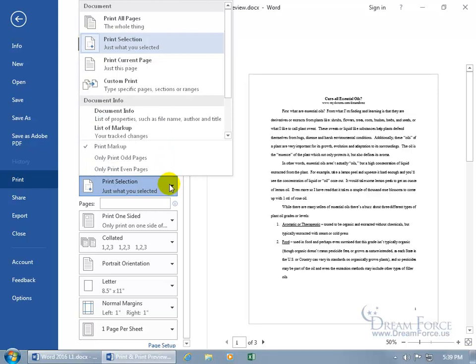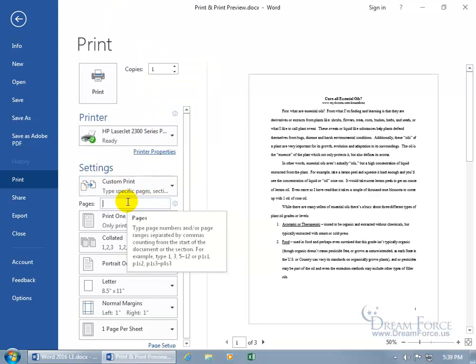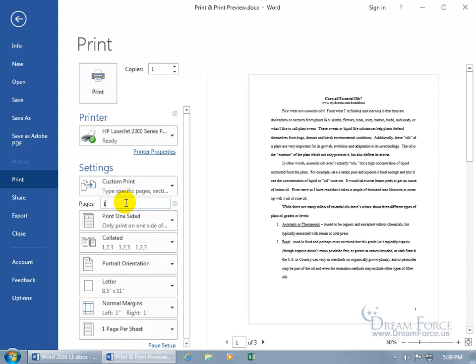And we can go ahead and click and do a custom print if I want to get a specific page, range, or sections. When I choose that, it dumps me right down into the page box here. And when you hover over it, it gives you some examples of what you need to enter in there to get the pages that you want or the sections. You can see down at the bottom, you can type in 1 for page 1, and if you want to skip 2, then go comma, type in 3,